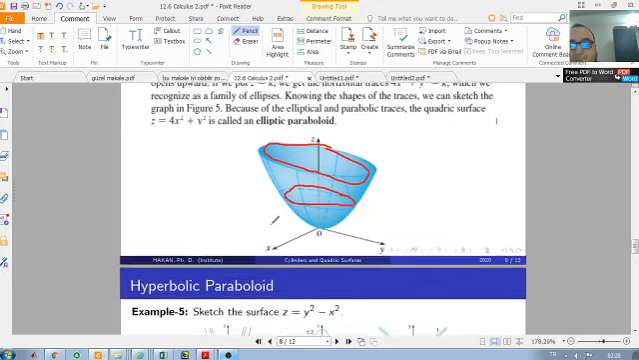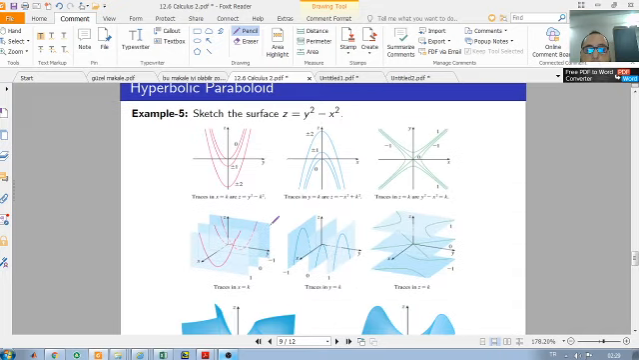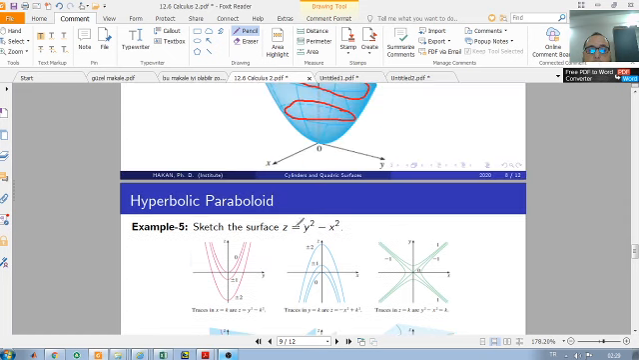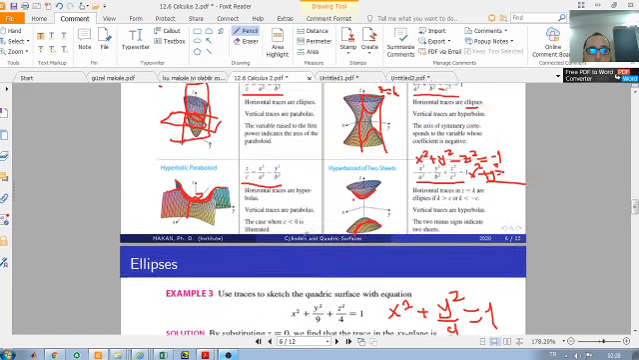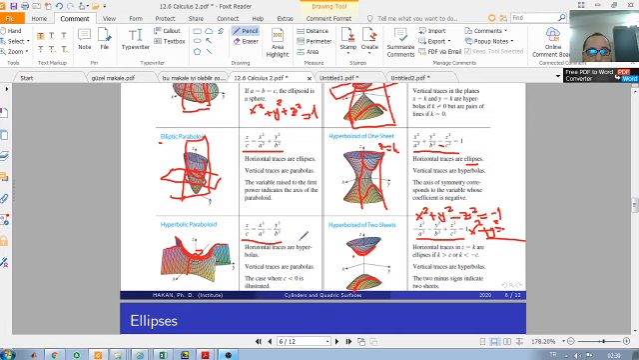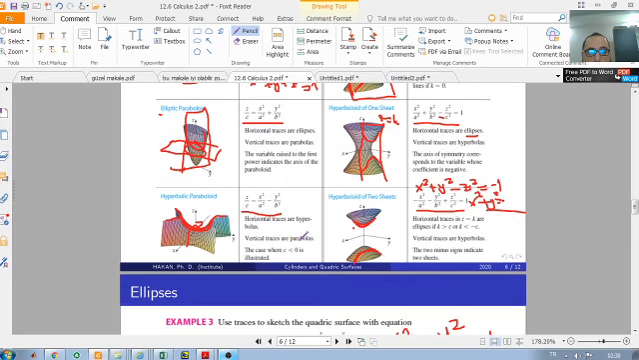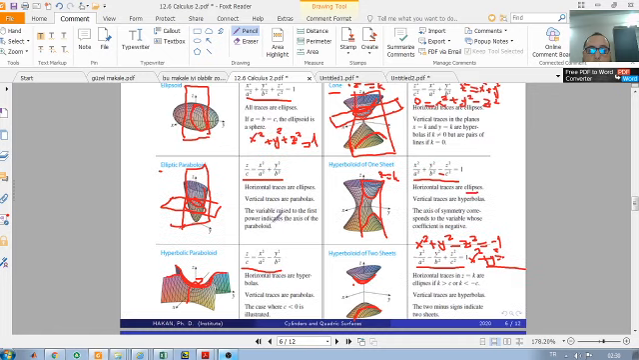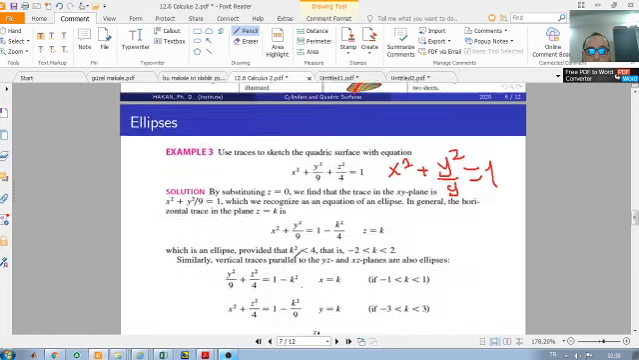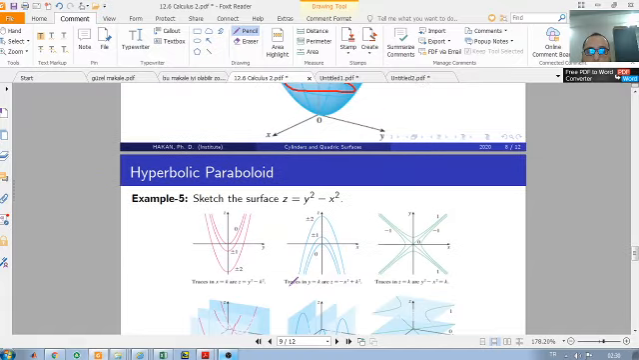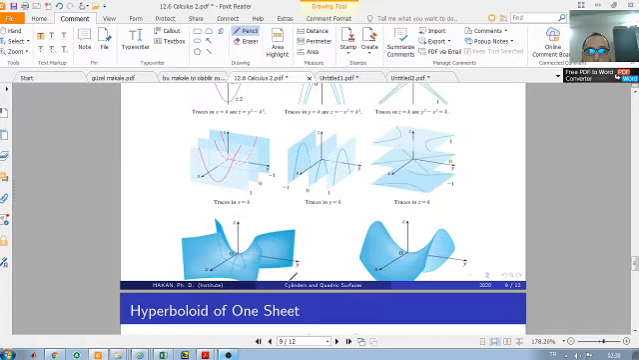Okay, and similarly, z is equal to y square minus x square. When we look at the table, y square minus x square is corresponding to the hyperbolic paraboloid. Okay, actually, hyperbolic paraboloid, x square minus y square, or y square minus x square. And